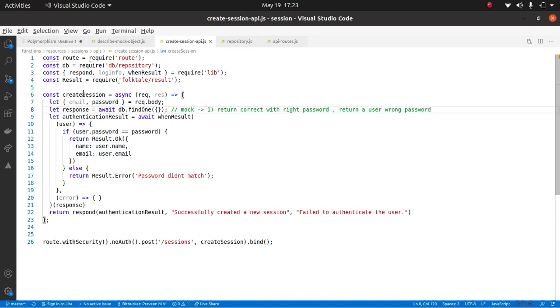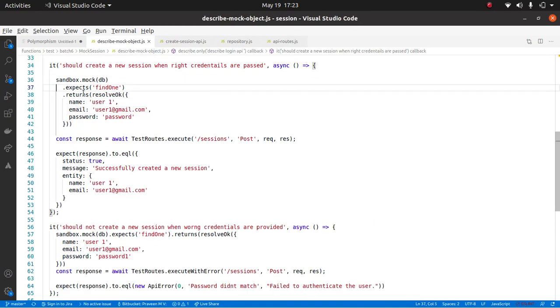Okay, so here the mock object does not make the actual database call, but rather returns whatever we are setting the expectation to. We are telling it to return this thing, so it returns that thing. It will actually return a result.ok with this data. That is why we are telling it to resolve OK.